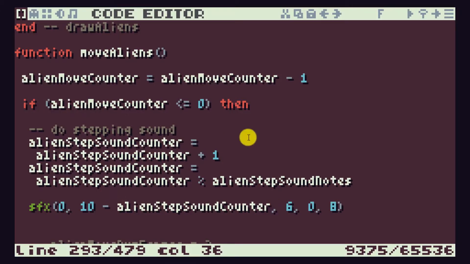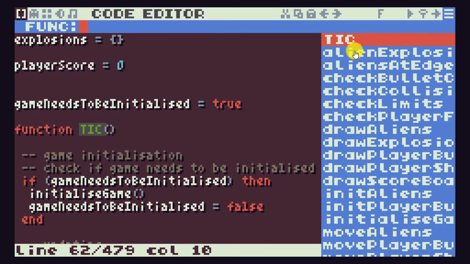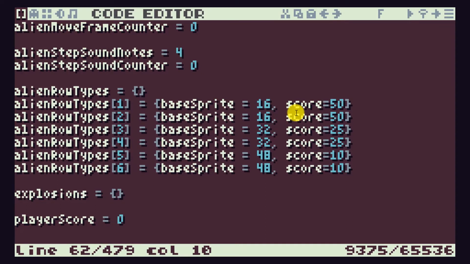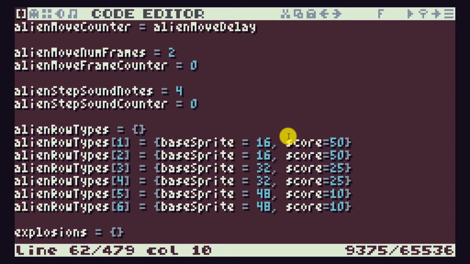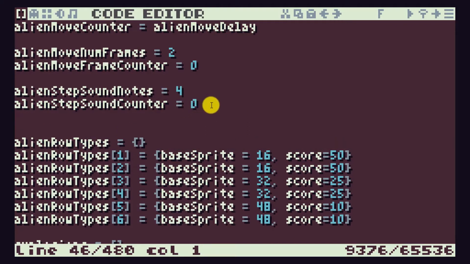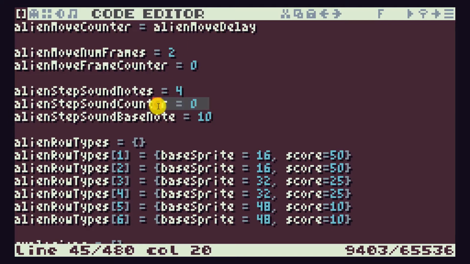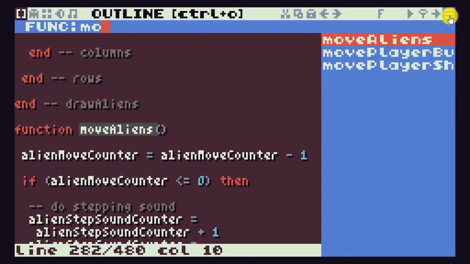Again, because we've used our variables here, we can have a little play to see what sounds better. So let's go back up to where we defined those variables. And we've seen that we've defined them here. We could also now put in an alien step sound bass note, and at the moment we've got that equal to 10. Okay, so remember, if I copy that and then go back to my move aliens function,